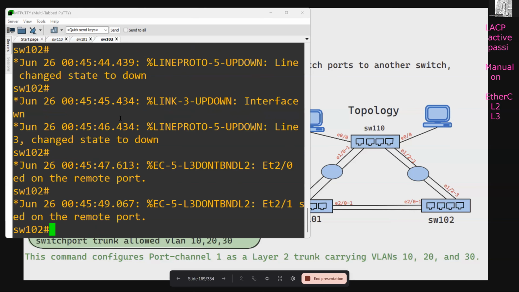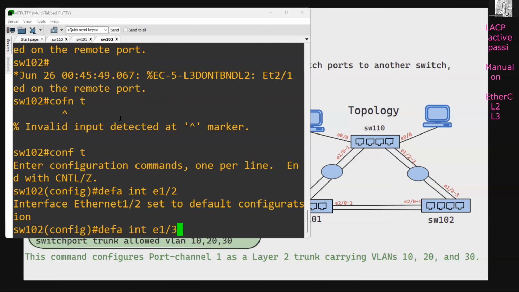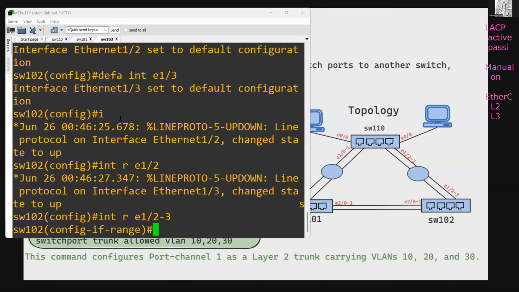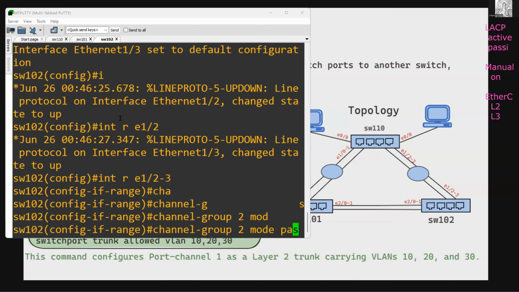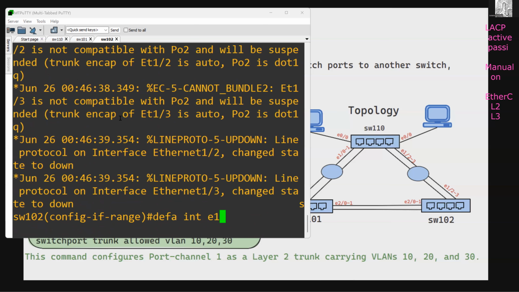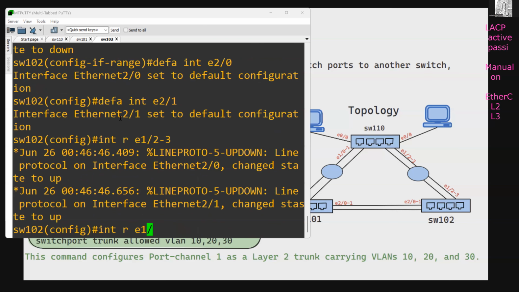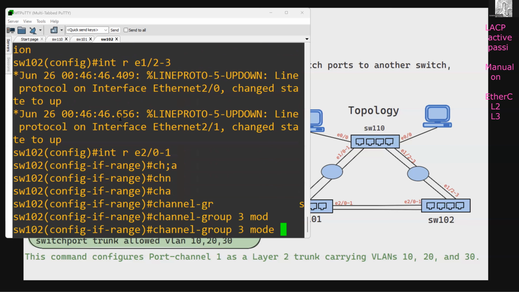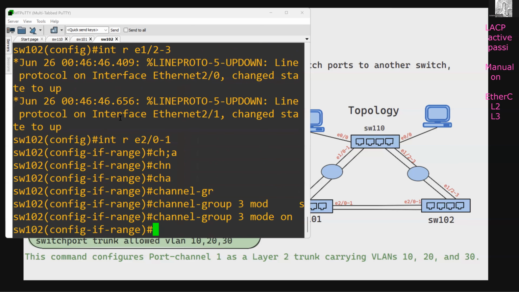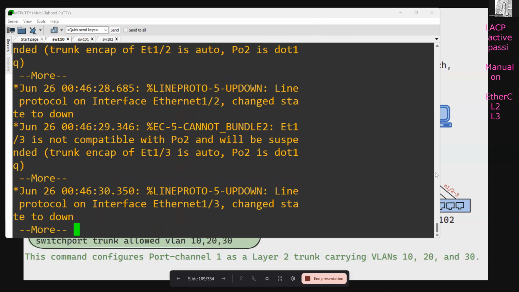Switch 101. Let's go here and default the interface E1/2 and 1/3. Interface range E1/2 to 3, channel group 1 to 2, mode passive. And likewise we'll default the configuration for 2/0 and 2/1. We'll go to the range 2/0 to 1, and here we have channel group 3, mode on. Now we have done the full configuration. Let's see all those